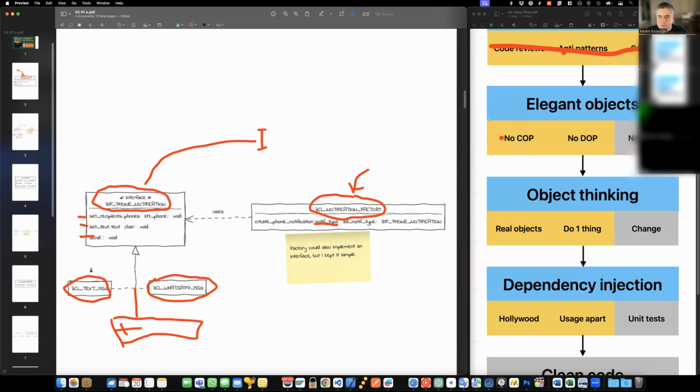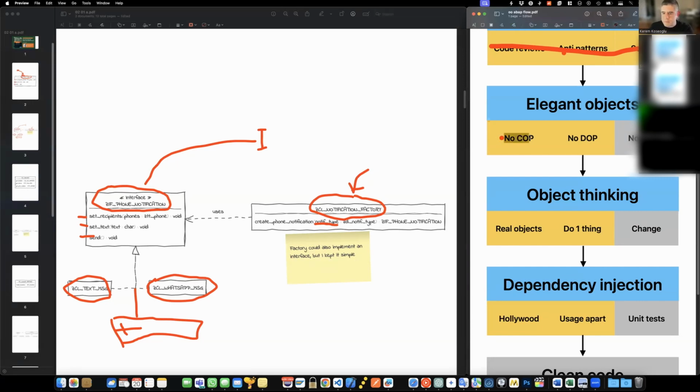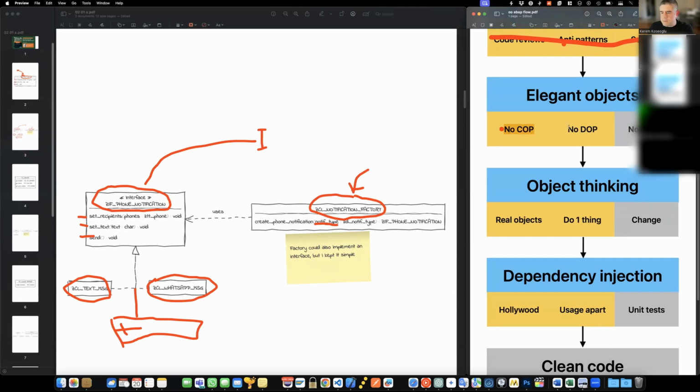Now, those advantages, what are those, you may ask, but we don't have time for that, unfortunately, today, because we have limited time. But I have explained those in the book, so I will skip this part for now. So, this was no class-oriented programming, as I explained. And the second topic that I want to address is data-oriented programming. Now, I have spent a little time here, but now it's going to be easier to understand the further topics because of that.